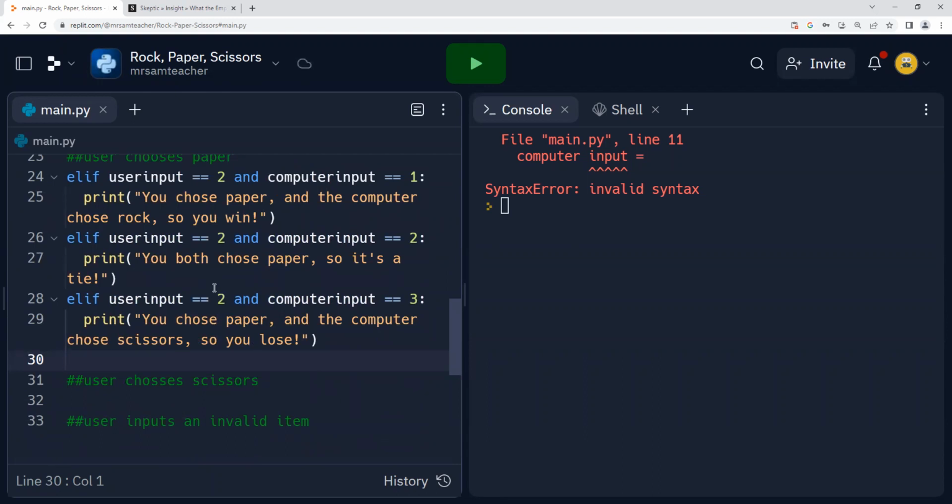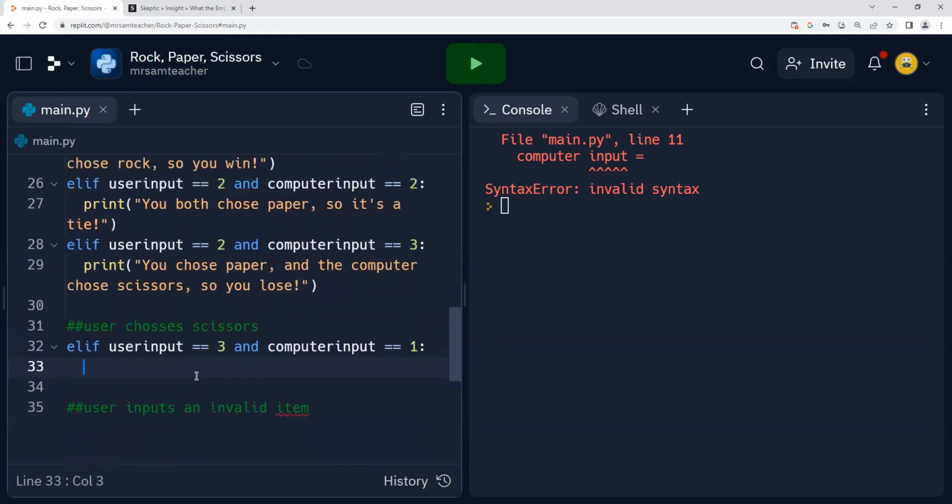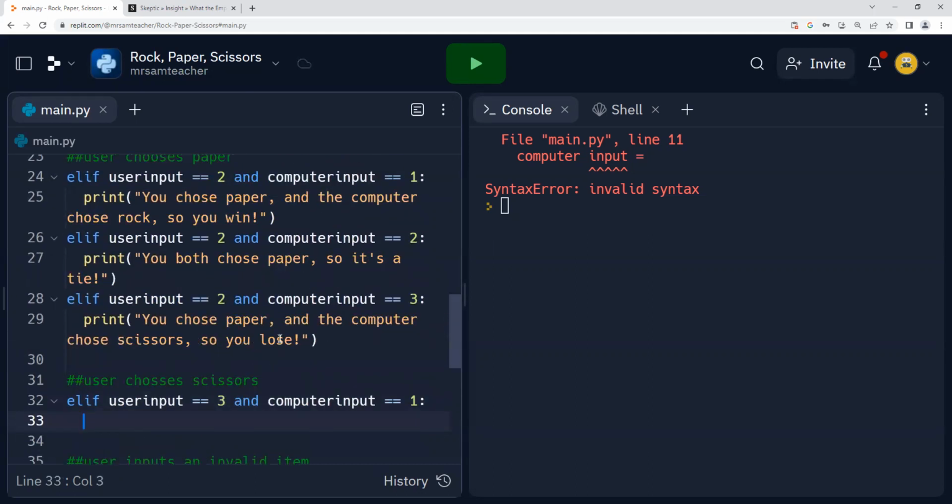All right, last section, we're gonna go ahead and just do the same thing, but for scissors. Feel free to go ahead, because I know some of you guys understand, some of you guys want to follow, but I'll just go ahead and say it out loud. So we'll start with this guy right here, the first one. So computer's gonna choose 1, but we're gonna choose 3, which is scissors. Hit enter, it's gonna automatically indent. I'm gonna go a little faster since we did it once before, or actually I should say twice before.